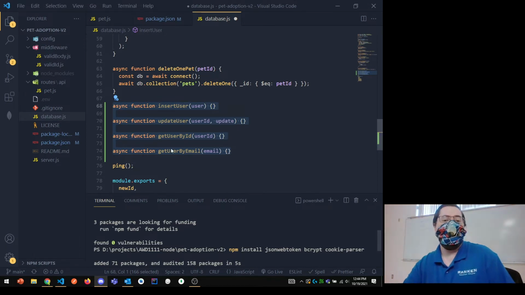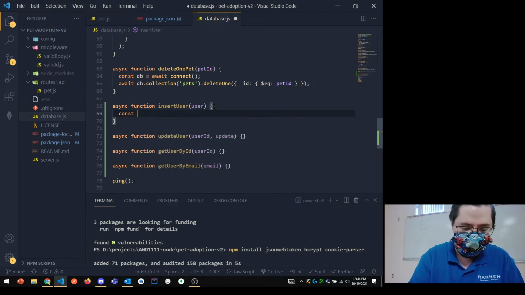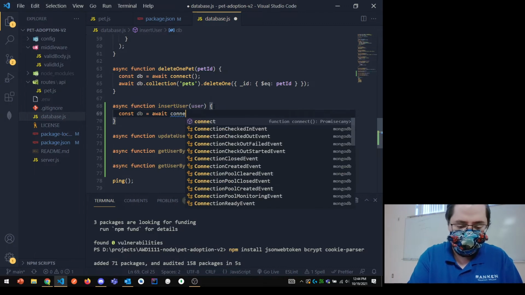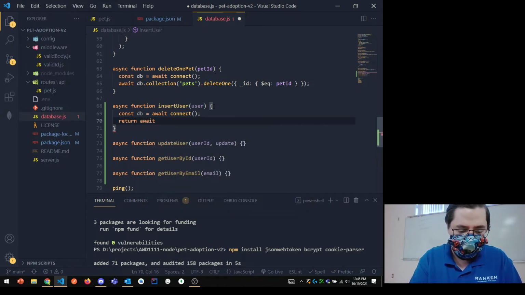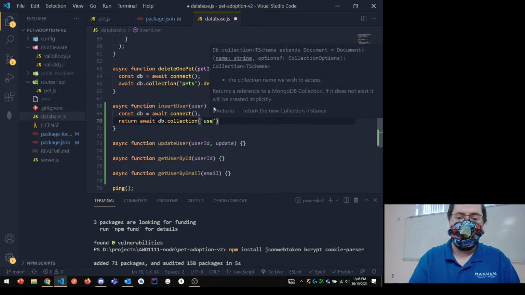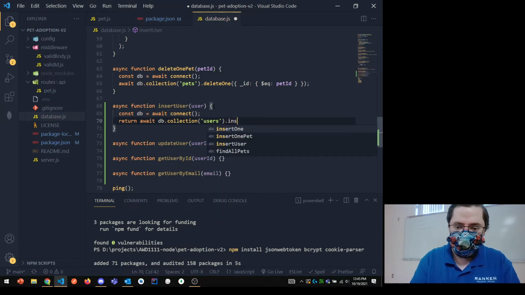Okay, let's start with inserting users. So const db is await connect, and then return await db.collection. So I'm going to go into my users collection. Note that I am pluralizing the name of the collection here for this project. And then I want to say insertOne,